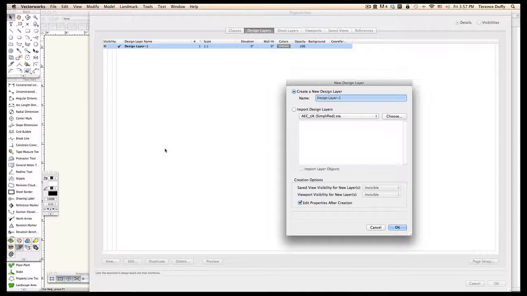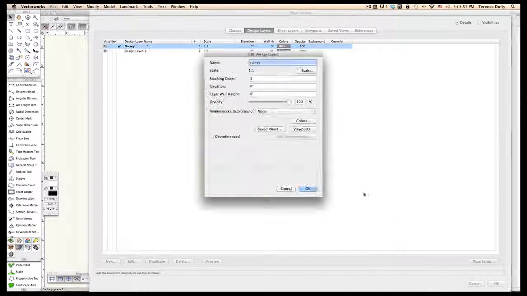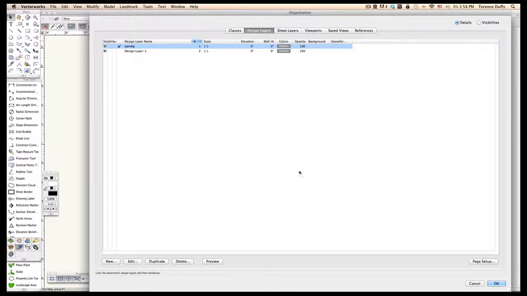So my layer is going to be a survey. Okay. I'm going to edit the properties after creation. And the name is survey. I'm going to keep the scale at 1:1 at this point, and I'm going to keep the opacity at 100%. I am not going to georeference this particular file. I'll cover that at some later time. At any rate, I click OK, and now that